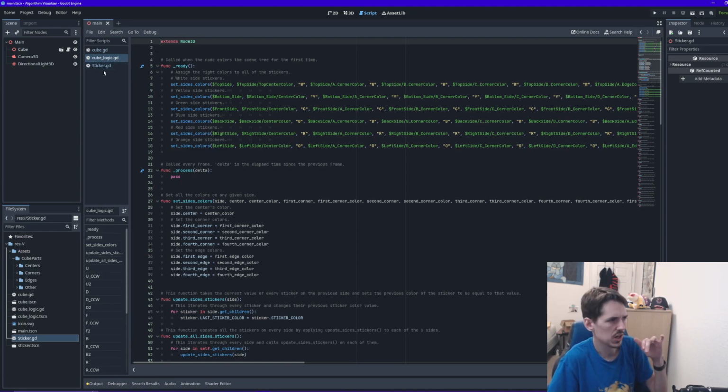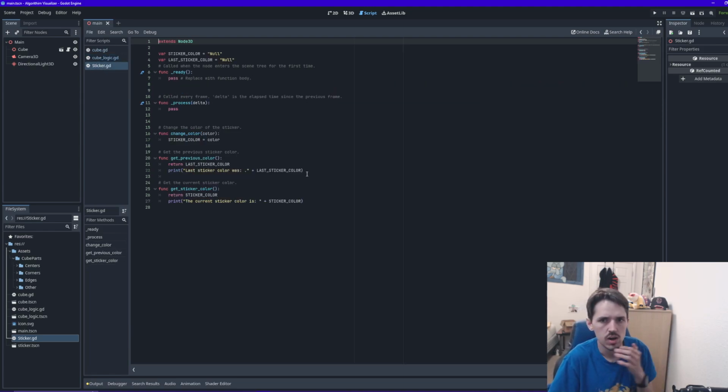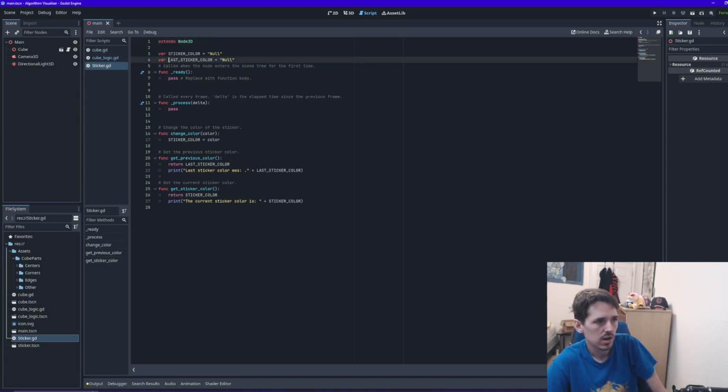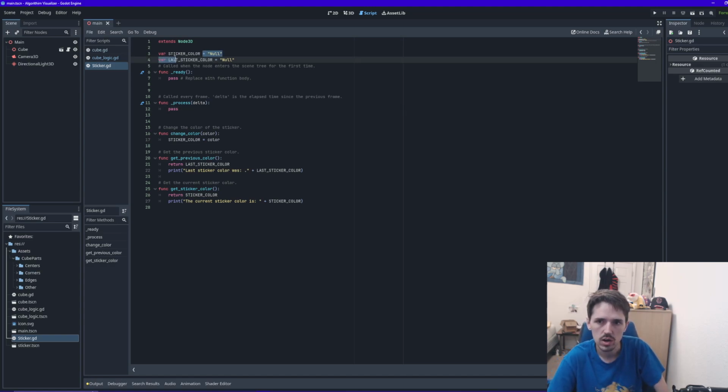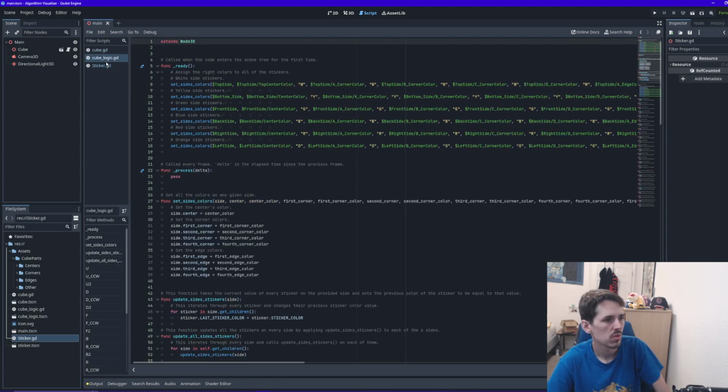I'll get into that in a second, but then we have sticker. This class is for each sticker on the cube, and it tracks what color the sticker is. And cube logic swaps them around when you do turns and stuff. So it's kind of the same thing as what cube was doing. But yeah, each sticker keeps track of the last color it was, before the turn, and then its current color. And then for cube logic, basically,